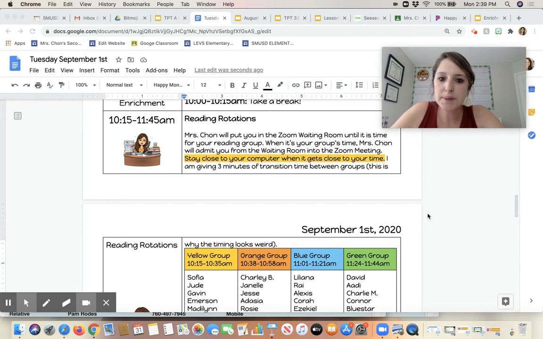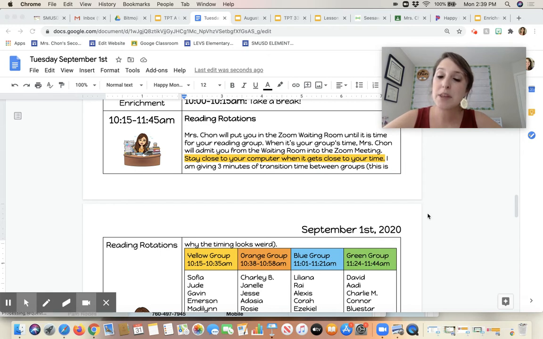So I'm a little nervous about tomorrow because it's our first full day and our first day of doing reading rotations online. It might be a little tricky. So once reading rotations start, if your child is not in the first group that I'm seeing, I'm pushing them out into the Zoom waiting room. So then it doesn't log them out of our Zoom meeting. It just puts them in the waiting room so they can work on their computers quietly without being disturbed by the other meeting going on. And then they don't have to log off and log back on.